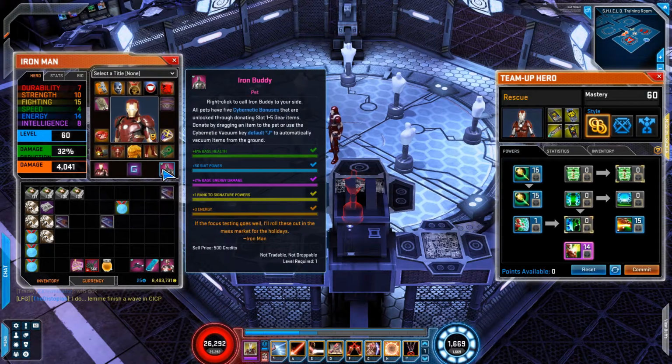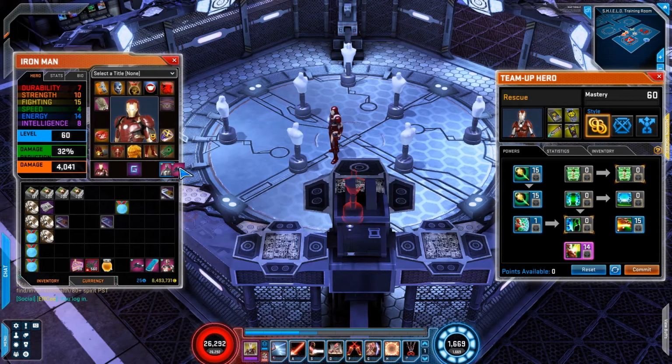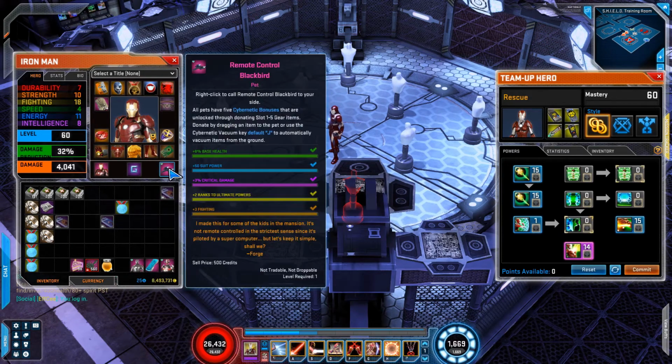For my pet, it's got 6% base health. I'll try re-rolling this, or regaining it and getting a better stat. Probably 8%, but so far this is the best I got. 50 suit power, 2% base energy damage, plus 1 rank to all signature powers, and 3 energy. I could also go with 3 fighting, I guess. This one kind of works for him too, right? Because it's 2 to ultimate powers, additional 2 to...